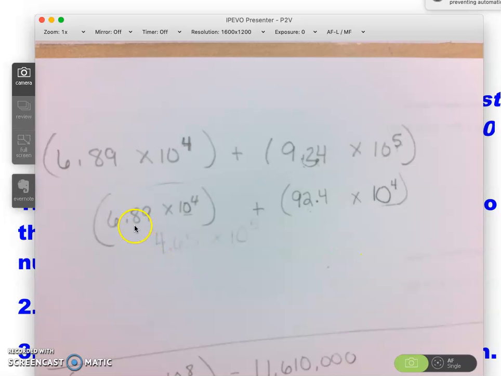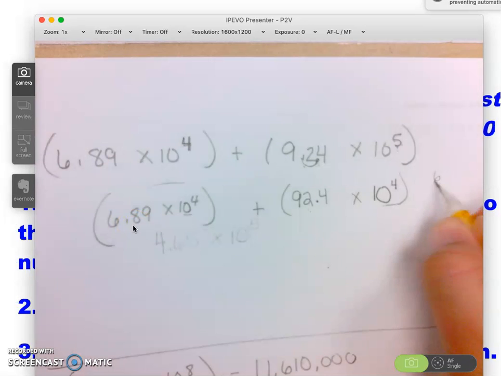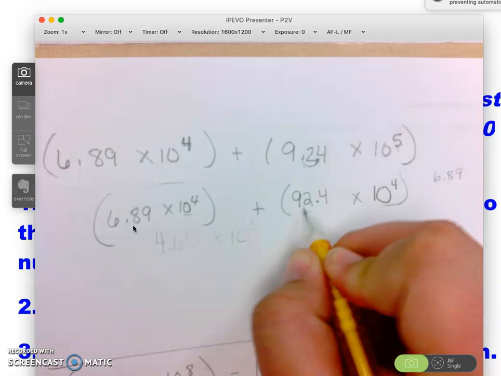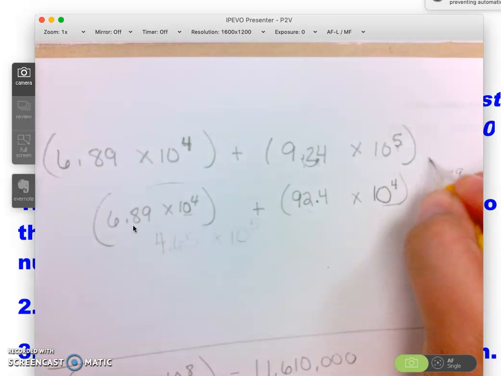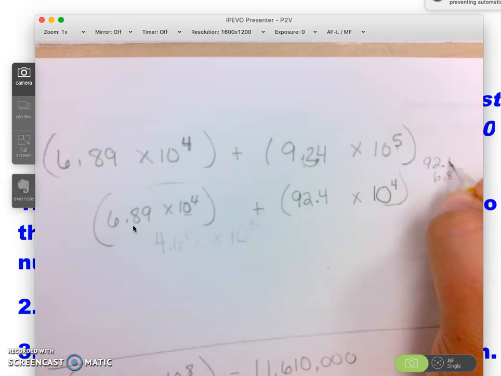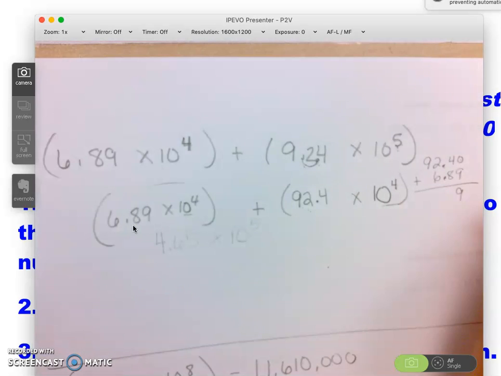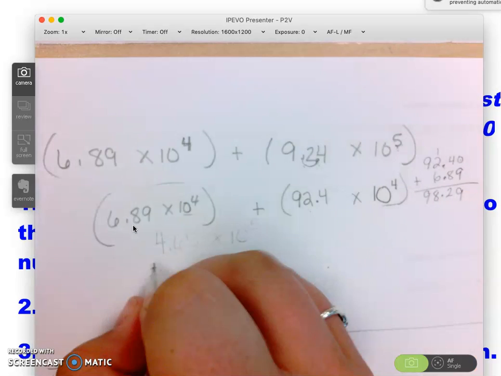So I have to do a little work over here, 6.89 and 92.4. Remember that you have to line up those decimals. If I don't have a number here, I just put a 0 there. If I'm going to add them, and again, you can use a calculator to do this so that we can double check or make sure that we get the correct answer. If you just want to do 9, 0, 12, remember to bring down that decimal, 6, 7, 8, and 9. So here's my answer,